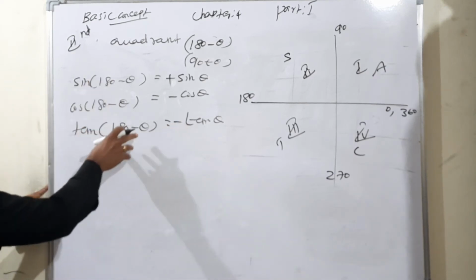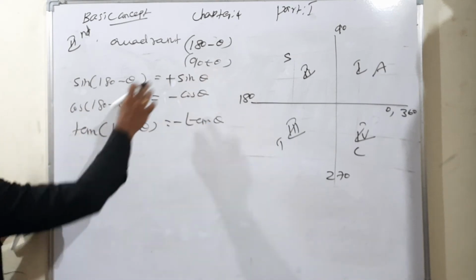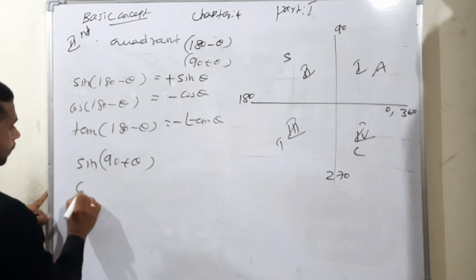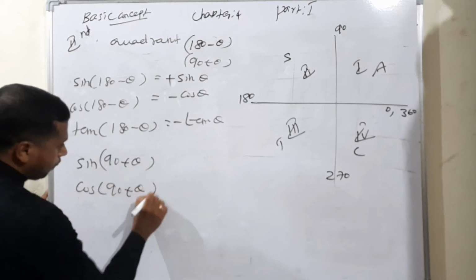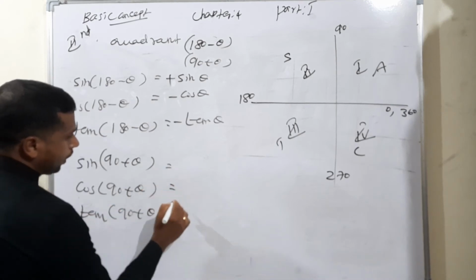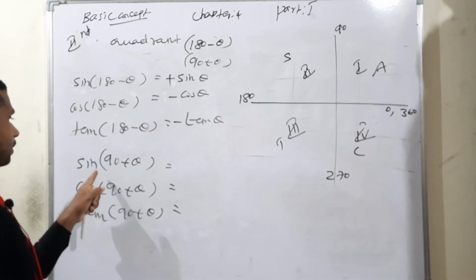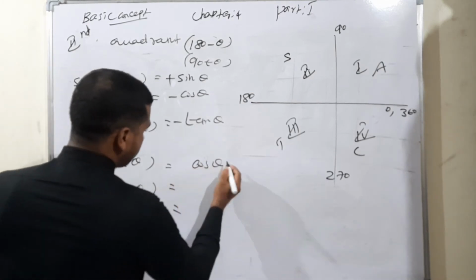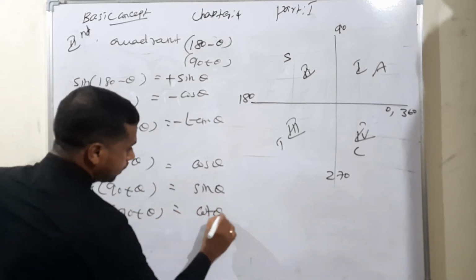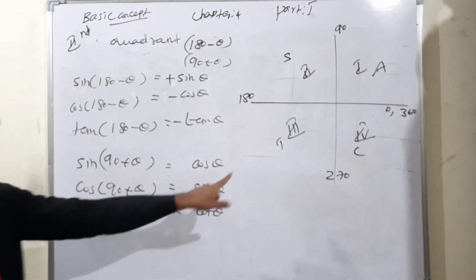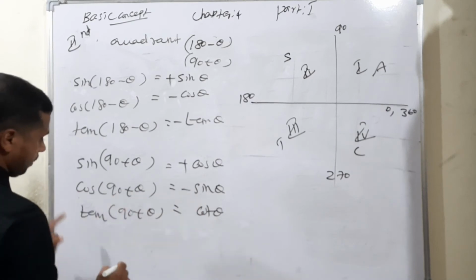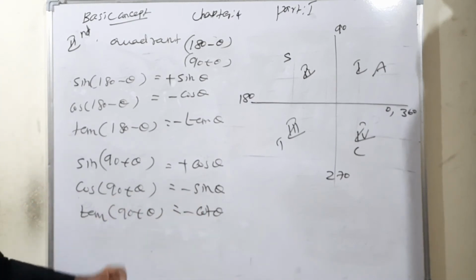This is 180, horizontal name, but now I am moving to writing vertical, 90 plus theta: sin 90 plus theta, cos of 90 plus theta, tan of 90 plus theta. Look at it: 90 plus means the name has to change. Sin becomes cos theta, cos becomes sin theta, tan becomes cot theta. In the second quadrant only sin is positive, so sin 90 plus theta is positive, while cos and tan are minus. This is the second quadrant. Okay.